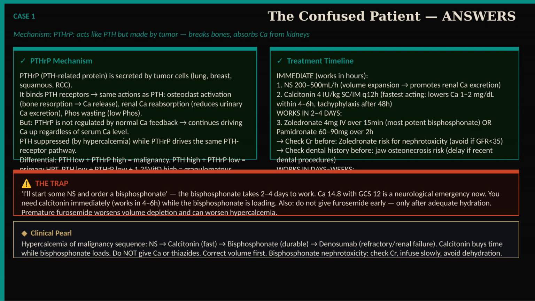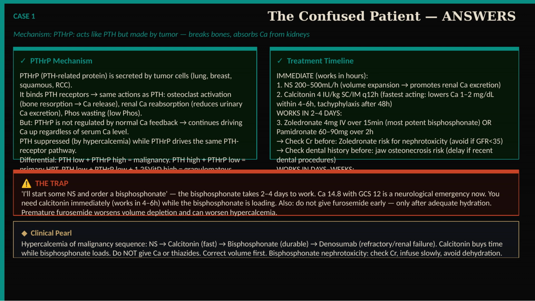PTHrP is not subject to normal calcium feedback. It just keeps driving calcium up, regardless of how high it gets. The patient's own PTH is appropriately suppressed by the high calcium, but the tumor's PTHrP is hammering the same receptor anyway. That pattern is your diagnostic key. Low PTH with high PTHrP equals malignancy. High PTH with low PTHrP is primary hyperparathyroidism, and low PTH with low PTHrP, but high active vitamin D points